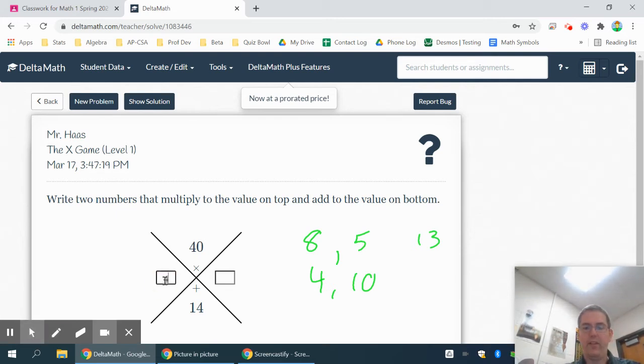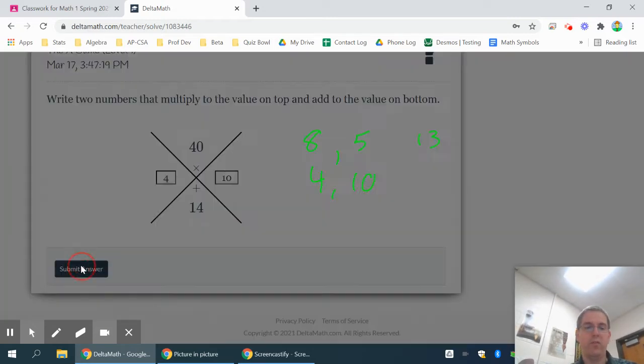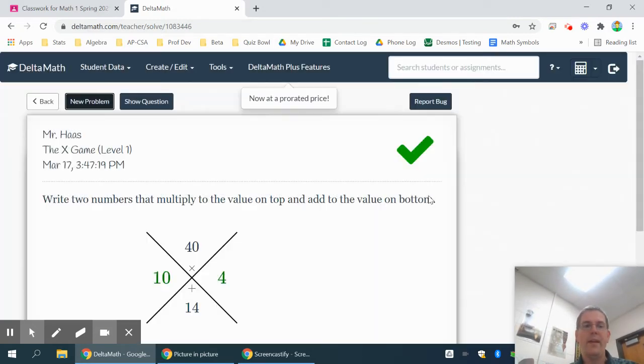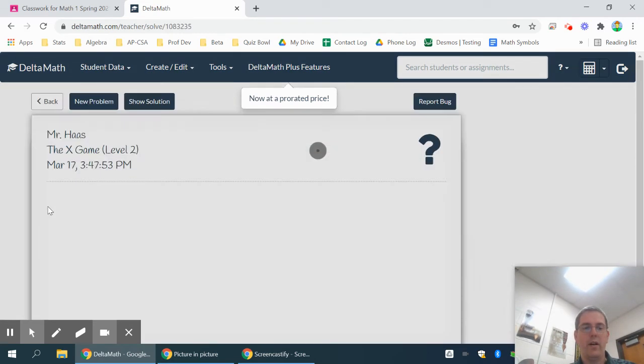You might have to list out different numbers that multiply to it on your paper, but eventually you should find the one you're looking for. And it does not matter if you put 4 and 10 or 10 and 4, it'll count it right either way. The last section we're going to look at is more of the x game, but on this one,